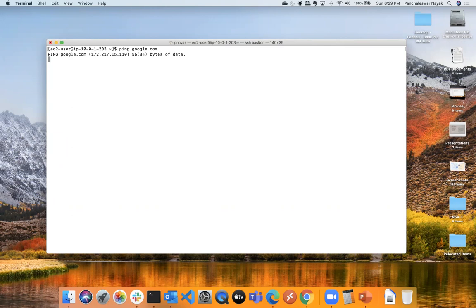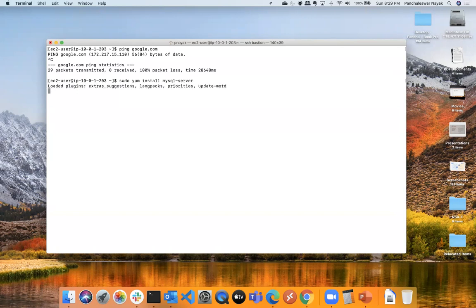NAT gateway, okay? If sudo yum is the command, install something, let it be MySQL server, right? This will fail because it cannot reach the internet. And to show that this will not fail once we install the NAT instance, or simply maybe sudo yum update -y, this will still fail. So I want to show that this will pass once we